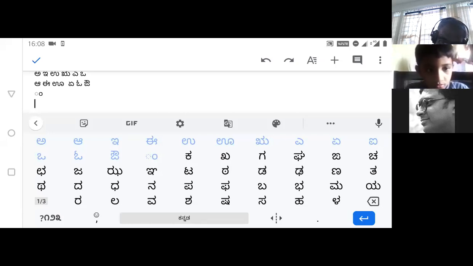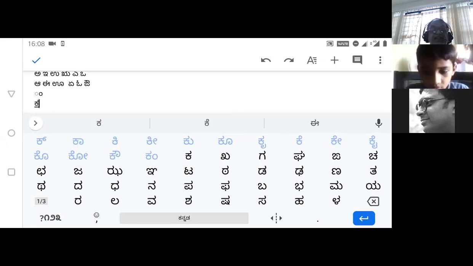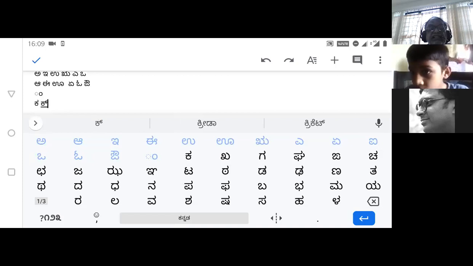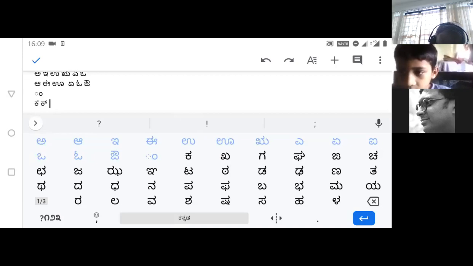For example, if I type ka, you will see on the keyboard the actual kakara. It's written k. That is the actual letter. Similarly, for example, ga, you have the gakara, which is actually the actual letter, but in the keyboard, it is shown attached to a.